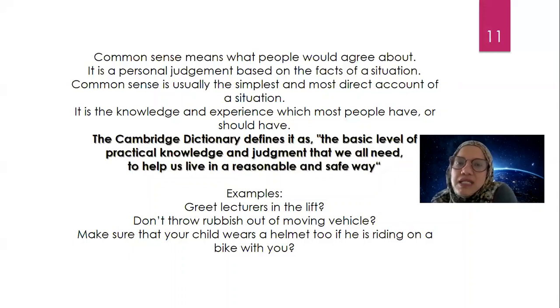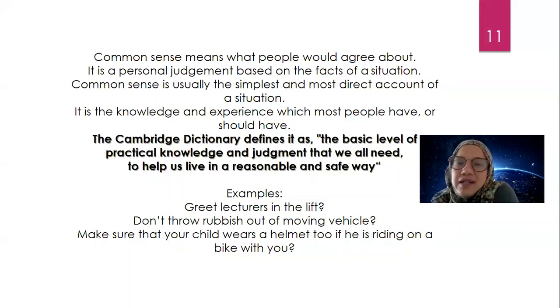Last but not least, make sure that your child wears a helmet too if he is riding on a bike with you. Many times I've seen motorbike riders, must be the parent, having children at the back of the bike.